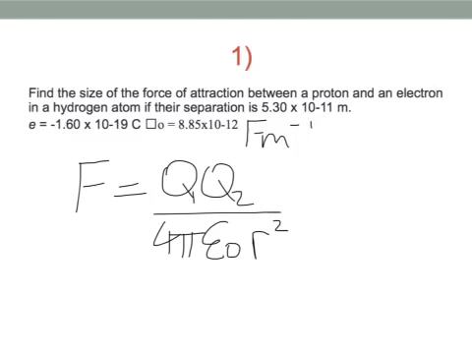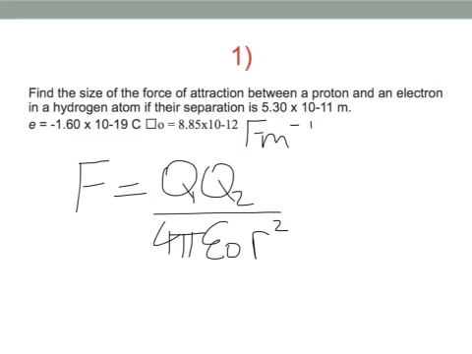The charge, of course, for the proton is the same, but a positive value, as the electron charge, which is given up here as 1.6 times 10 to the power of negative 19 coulombs. So basically that number squared divided by 4 pi times 8.85 times 10 to the power of negative 12, that number there, multiplied by this radius or distance